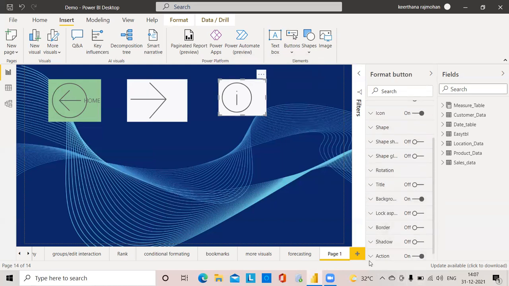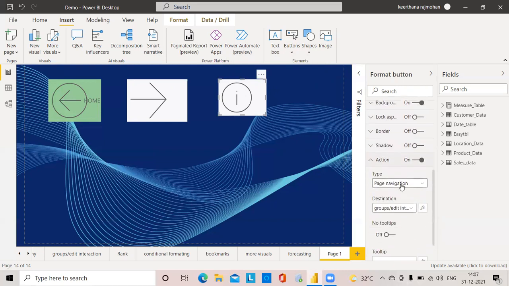Here in this button itself, we can change the action also if required. Now we will also see the Web URL. Web URL means, suppose I copy any URL from Google.